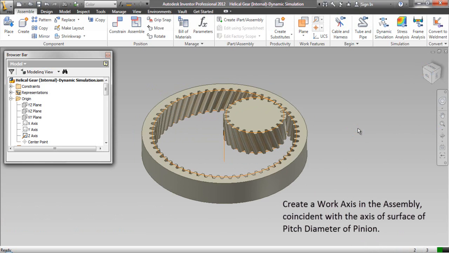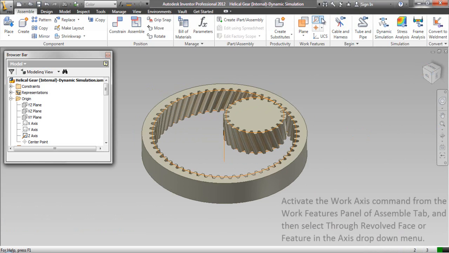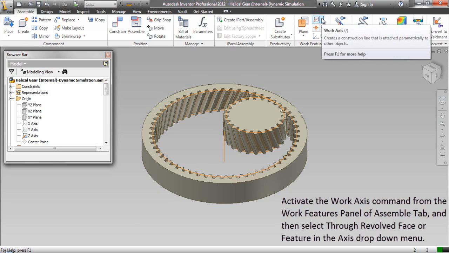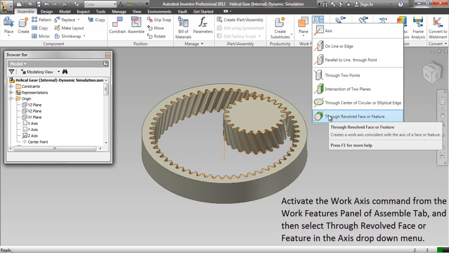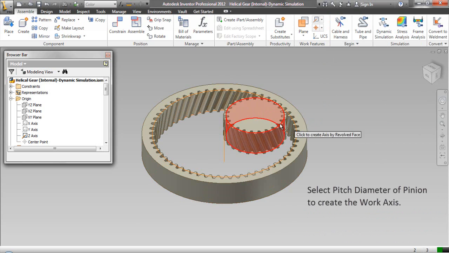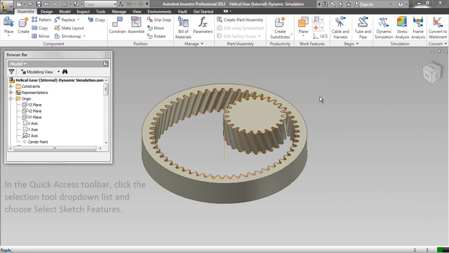Create a work axis in the assembly, coincident with the axis of surface of pitch diameter of pinion. Activate the work axis command from the work features panel of the assembly tab and then select through revolved face or feature in the axis drop-down menu. Select pitch diameter of pinion to create the work axis.